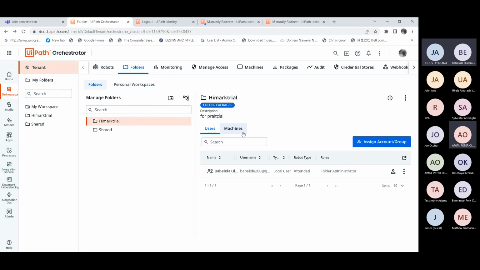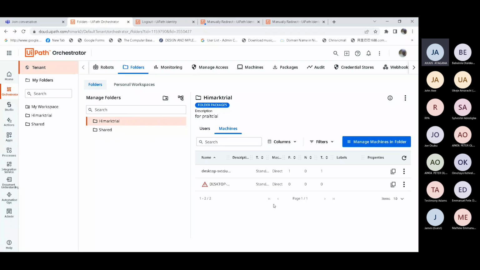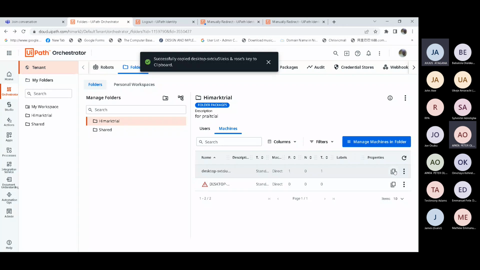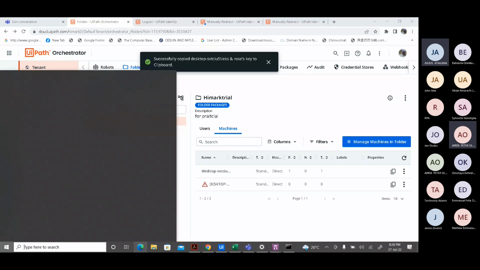Okay, all right, good. So we have the machine key for the second one. I can do the same thing for this one too. No. This one is the one we just changed to 0, 0. So it's the first one we are copying now. You have copied it before, but to be double sure you can copy it. So we're going to put that in your UiPath assistant.